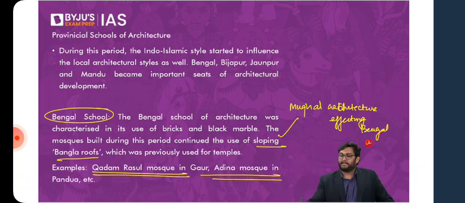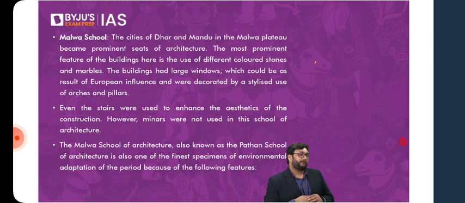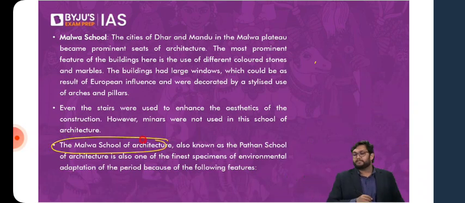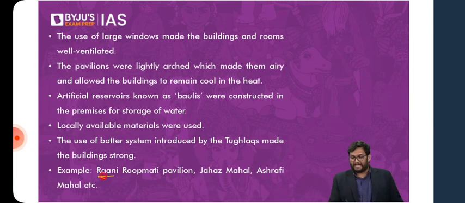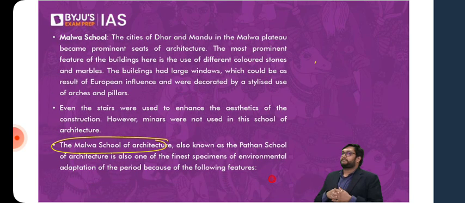Now, if we go to the Malwa sector, you have the Malwa school of architecture, which is represented in 2 to 3 very important buildings: the Rani Roopmati, the Jahaz Mahal and the Ashrafi Mahal. But the Jahaz Mahal and Rani Roopmati pavilion are very important. The Malwa school of architecture at Mandu and Dhar are considered the first environmentally conscious